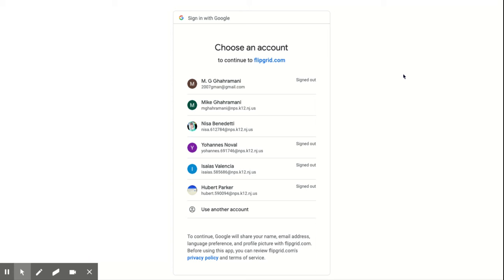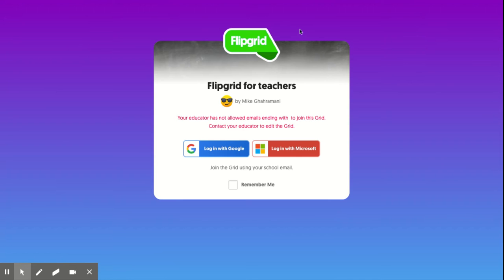Okay, here I have to sign in with my account. If I have a list of them, I go with the one I want to log in with, which is obviously going to be my own. And then I log in. As I log in, I'm going to be in a student view now. Actually, this is where we're going to join other grids. So I had the grid and the code, and we're going to